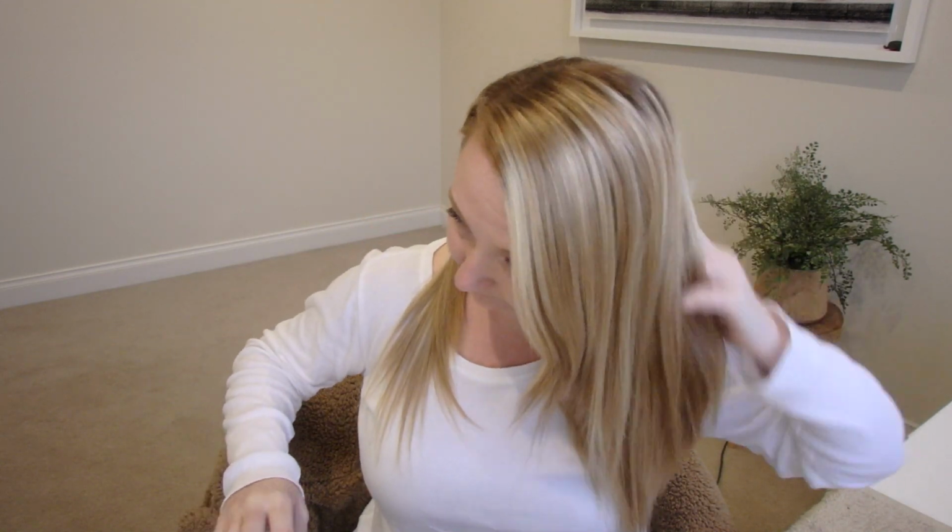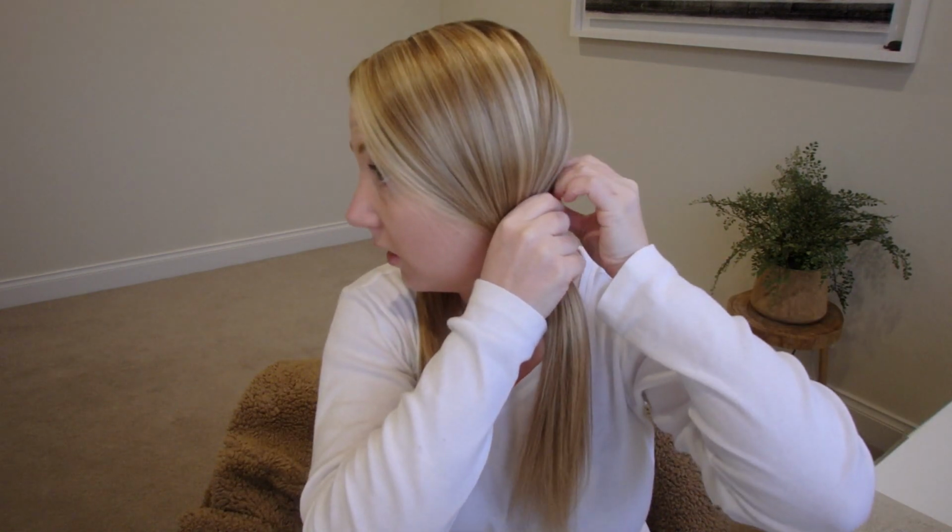Now, at this point, you can clip your hair, you can do whatever. So I'll just tie up one side, but it's completely up to you. So all you want to do, grab a piece of hair. Look at my regrowth. Grab a piece of hair, you know, a centimeter. Oh, it's probably more. 3 centimeters of hair, but quite thin,